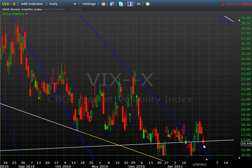Now, at this point, we want to begin to watch for a possible reversal in the VIX and an increase in volatility. If we do come back down, I'm suggesting that we may either come down and backtest the breakout of this 61.8% Fibonacci and the Fibonacci fan, or come all the way back down to horizontal support here at these levels. Either is entirely credible, and either fits with the overall Elliott wave count within the S&P 500 that I've laid out so far. So let's go ahead and watch what happens over the course of the next